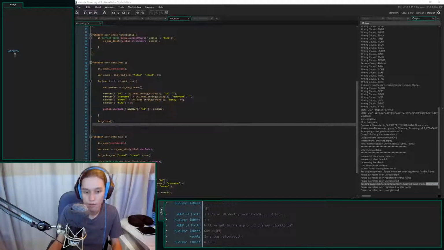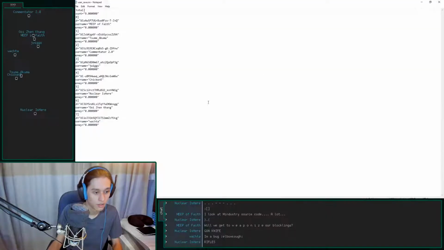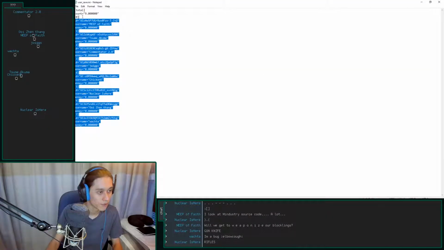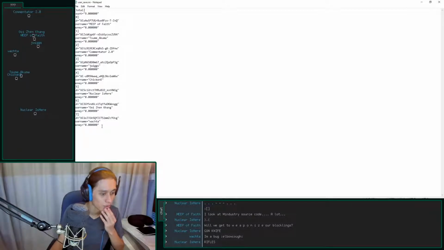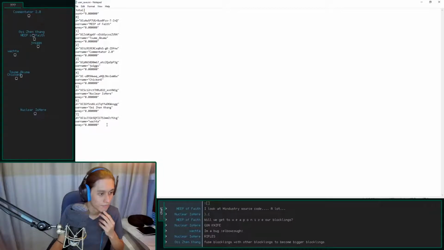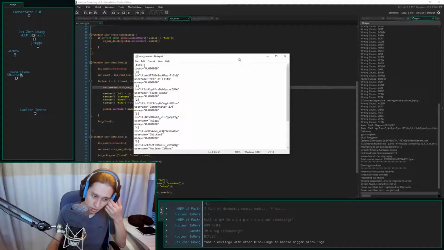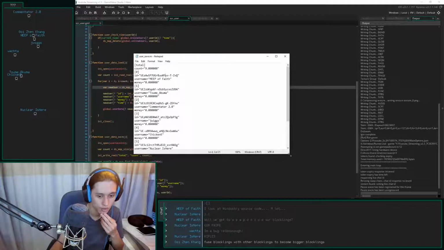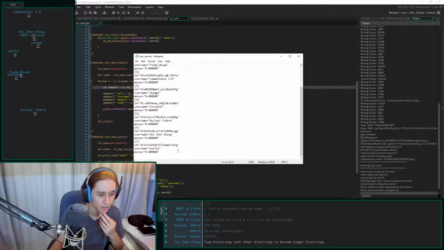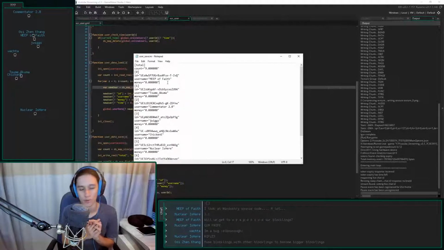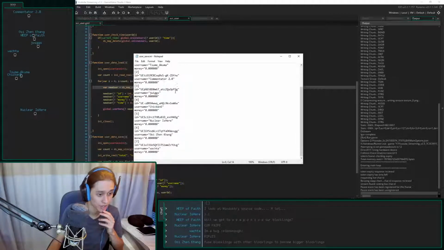So let's delete the old save. I'm going to run you. Full screen. Let's see what the save says. Okay, we've got everyone. I believe it actually might have loaded all of the comments for this stream. I thought I'm saving the last page, though. Because it should not be loading up all of these again. I guess it's not going to be a problem if I only run this once in the beginning. It's not going to be opening and closing really rapidly. So that shouldn't be such a big problem.